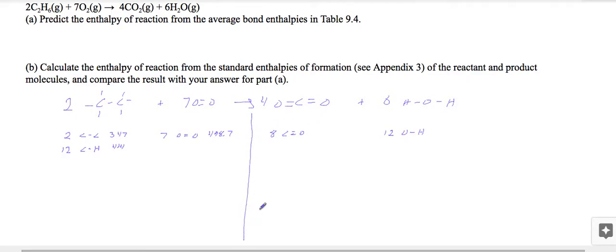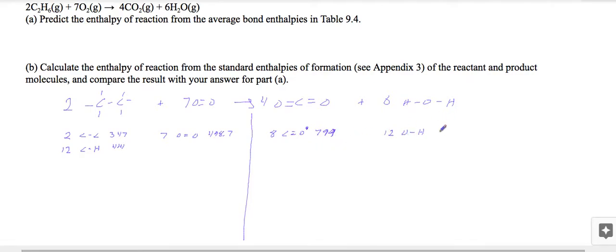So here's my dividing point. We have here then 799. Now if you're doing the work on your own and you're coming here to check it like you're supposed to, you're going to notice maybe that you have a different value for this. That's because at the bottom of the table, there's an asterisk next to the carbon to oxygen bond here. And then it says in the carbon to oxygen bond in carbon dioxide, it's this value, not whatever value is listed in the table. 12 oxygen to